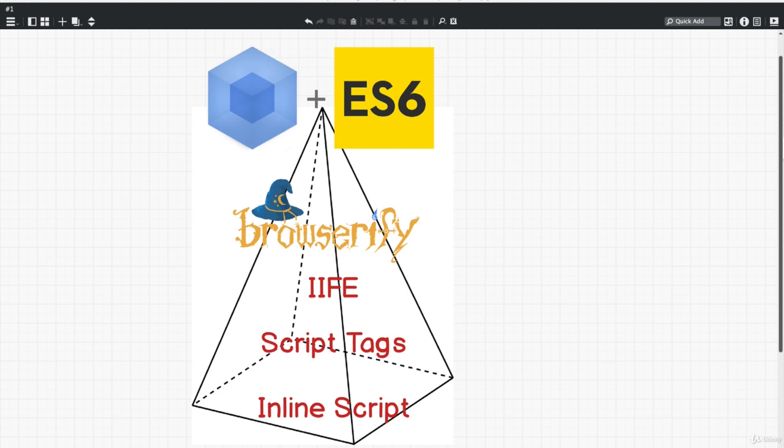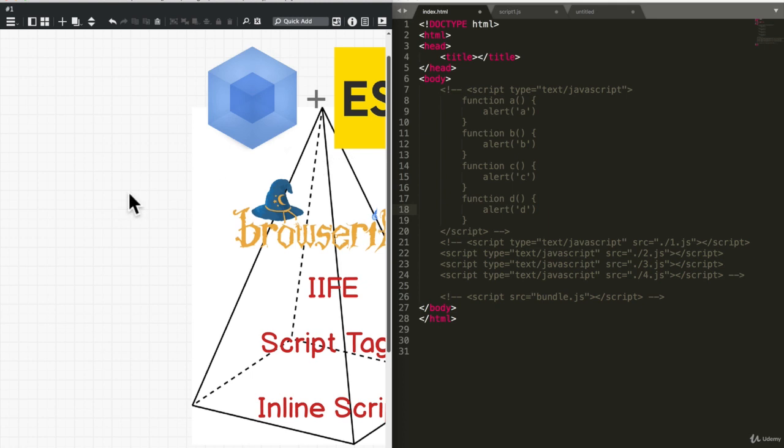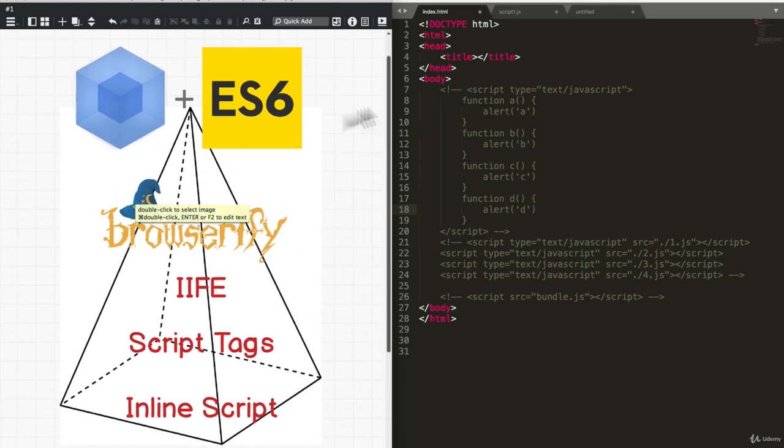And as we do in this course, we first start with the problem, then go to the solution that we have now, to see where we were and where we are now. This is the mental model that I've created, and I call it climbing the mountain of modules. Let me explain. When we first started writing JavaScript and creating websites with JavaScript, well, we had an HTML file,